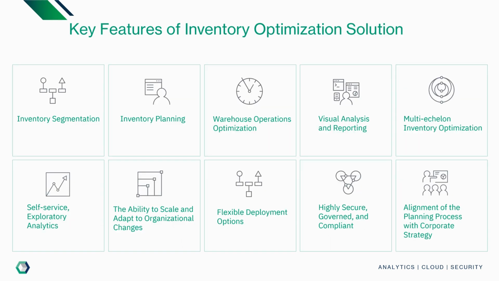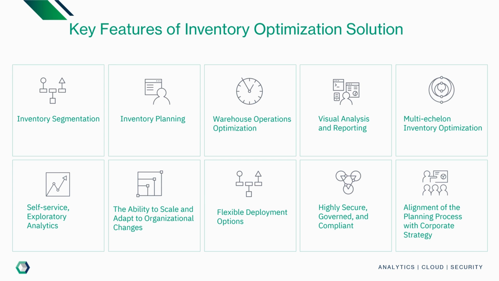Our solution has many capabilities and features, but here we want to just go over some of the most important capabilities and features of this comprehensive inventory optimization solution. For example, inventory segmentation to automatically group SKUs by attributes like value, velocity, obsolescence risk, and other factors, and apply tailored policies. Also, this solution has true multi-echelon optimization across all stocking locations in the supply chain network simultaneously. In addition,